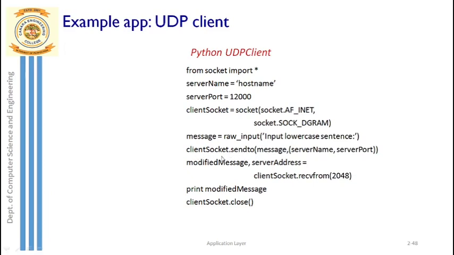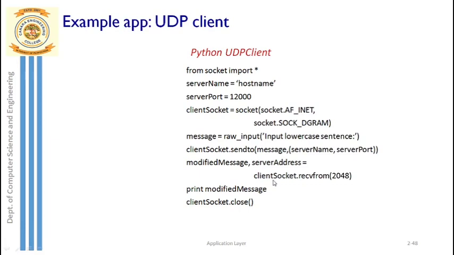Now, up to this part, the sending is done at the client side. After this, you can see the next three lines. This is actually done when? After the server sends back the reply. So what would be the server's reply? The server's reply is your input sentence converted into uppercase. The server should be doing that. Once it returns your uppercase sentence, at the client side you are receiving that reply, and you see how the receiving of the reply is done at the client side.